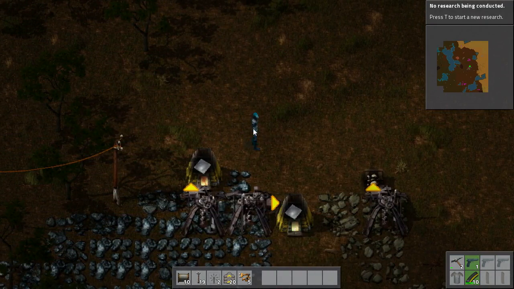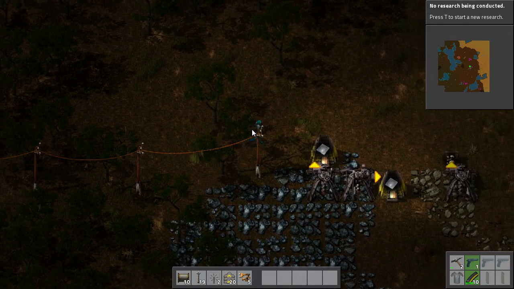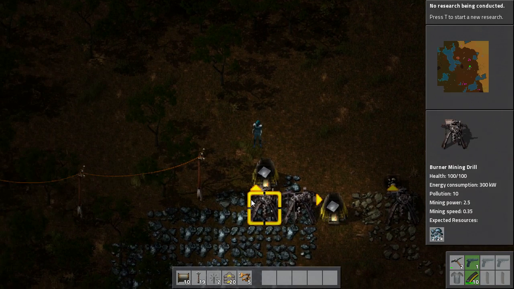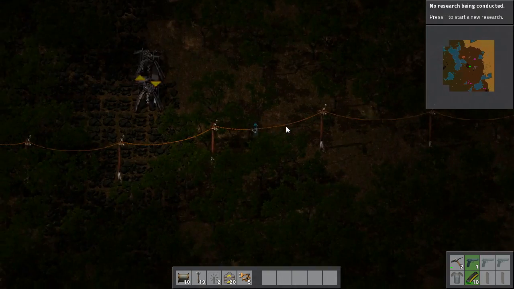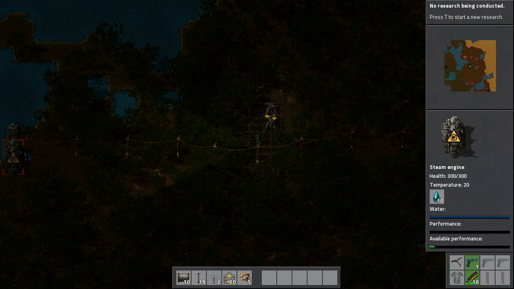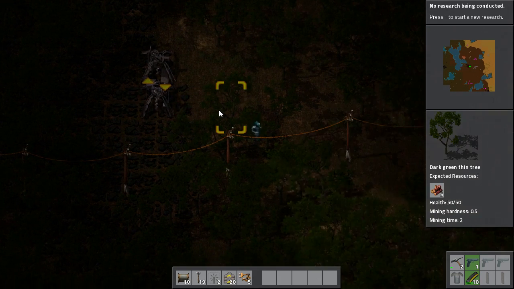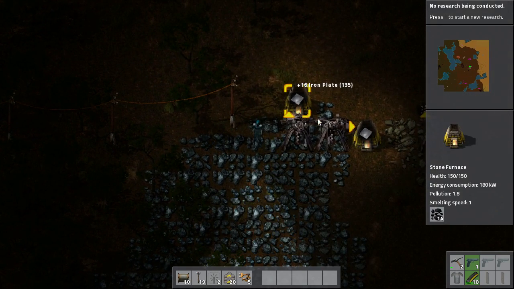So we're going to look at creating some basic logistic lines to get things working without us having to do it all the time. Now the first thing we're going to do is start using our power that we're generating, because we are generating some power, which means we can use it, and that's normally a good idea. So what we'll do is we'll grab these,